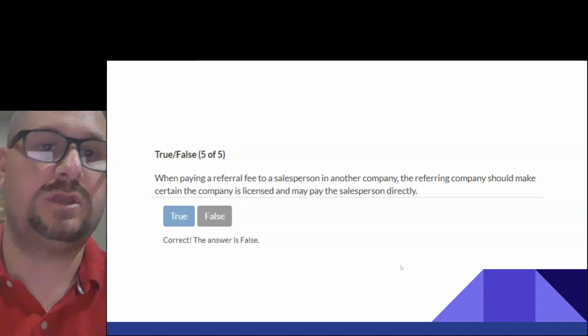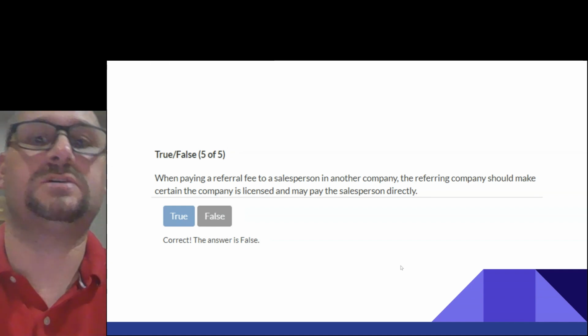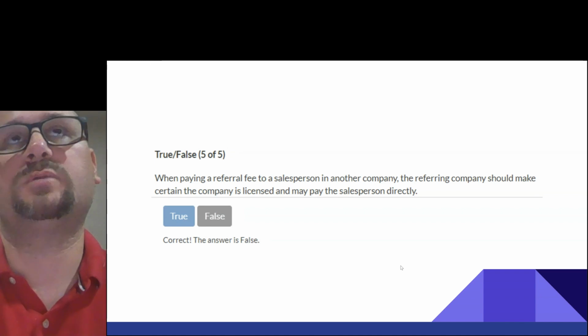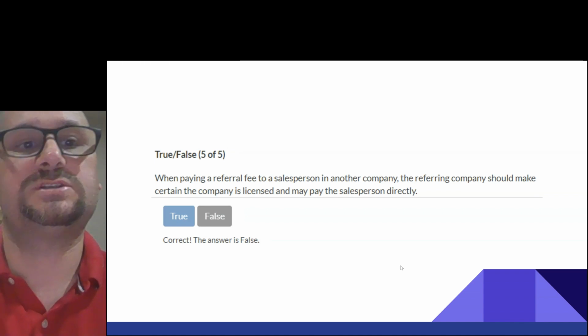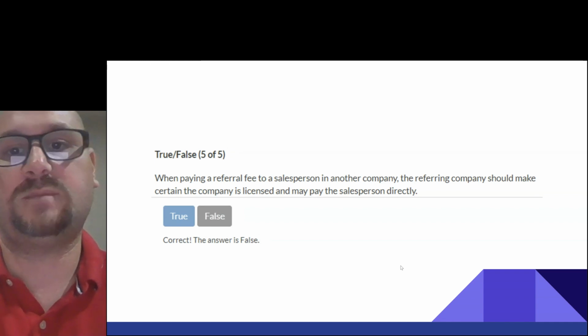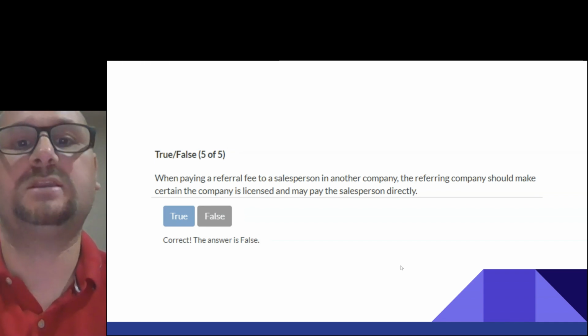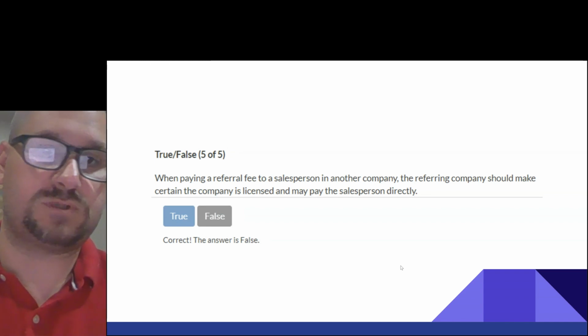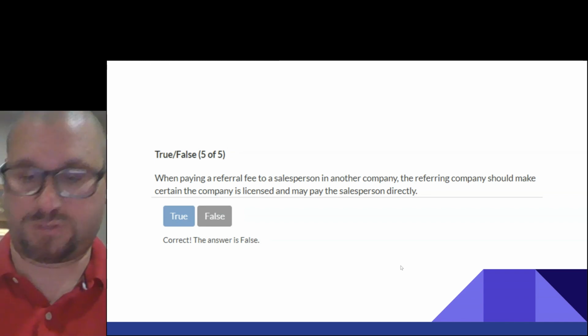False, right? So again, you can't pay the salesperson directly, they're paid through the broker.